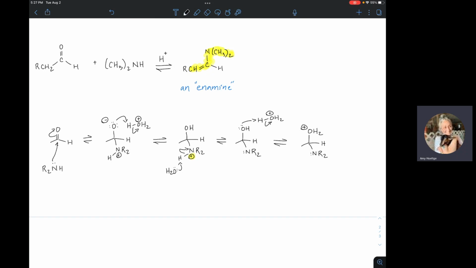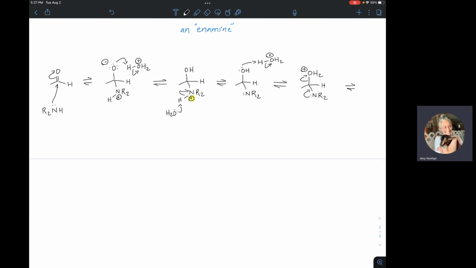And then what ends up happening, we think, is you could have this double bond form. This leaves, but then you get essentially